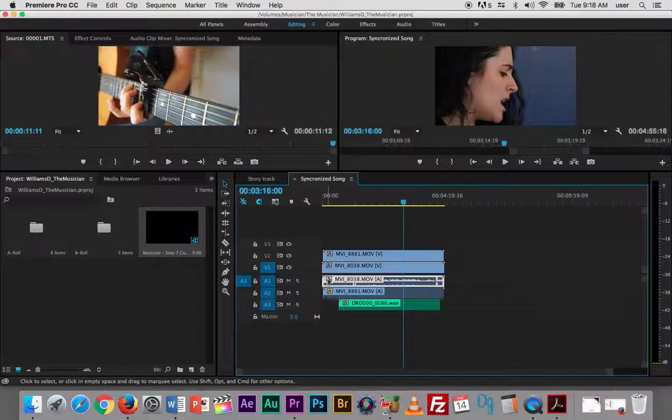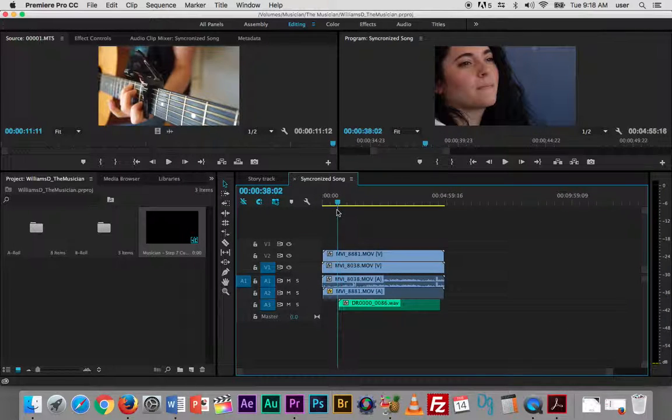We want to get rid of the audio tracks from the cameras that we're not going to use, and then we want to trim the ends off that aren't really going to make it into our final edit. So we'll start just with the audio. So first thing we want to do, of course, is unlink the video and audio from the camera so we